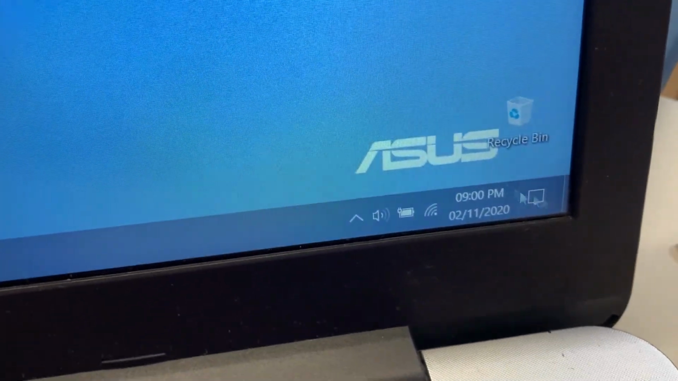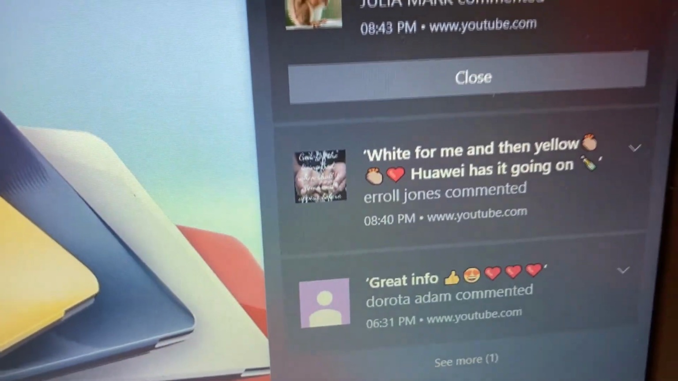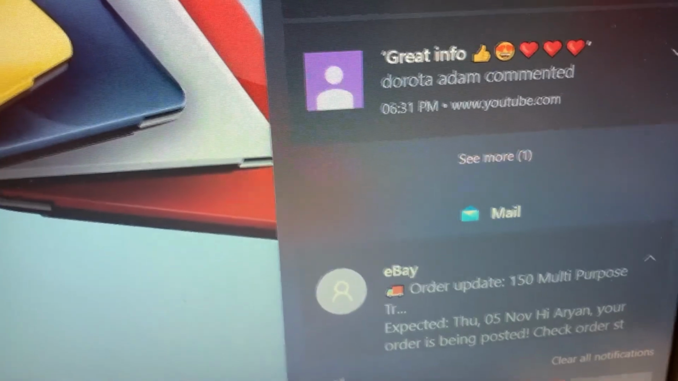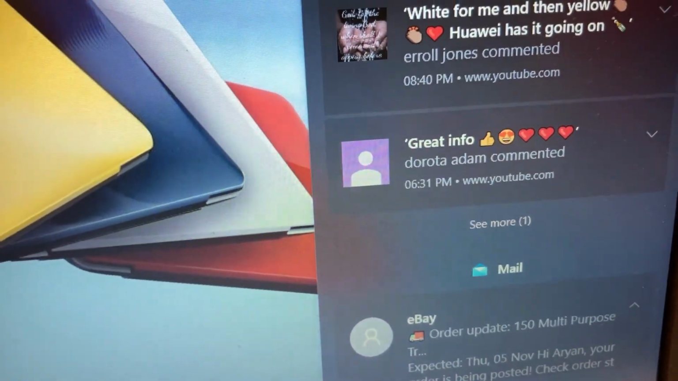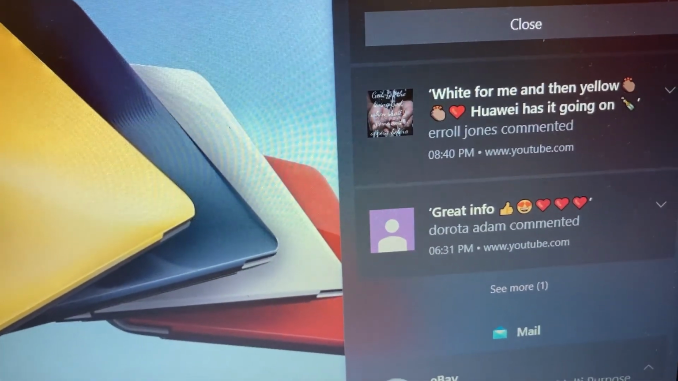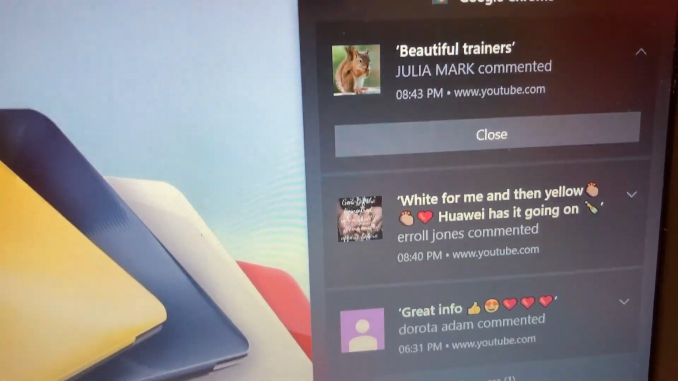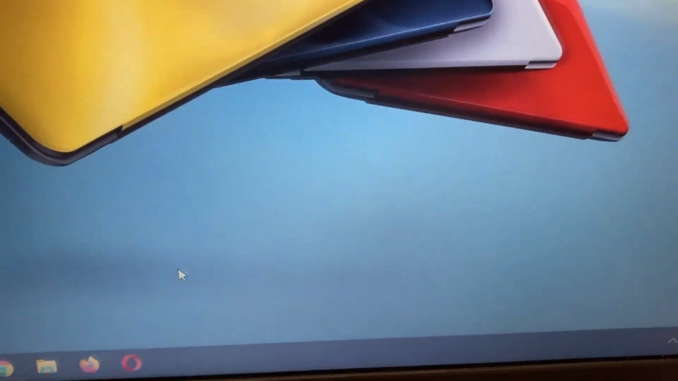Here we got some notifications, from YouTube, Mail and eBay, and you might have notifications from others. If you want to disable them, you need to go to Google Chrome browser